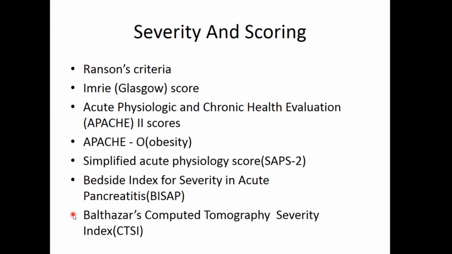Sometimes in MCQs, all of these will be put together and you will be asked which is the most commonly used. The most commonly used prognostic indicator is usually Ranson's. Which is the best? Perhaps for severe degree of pancreatitis, Balthazar criteria gives you the best